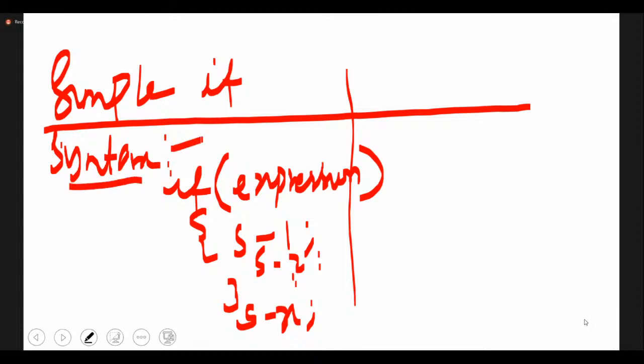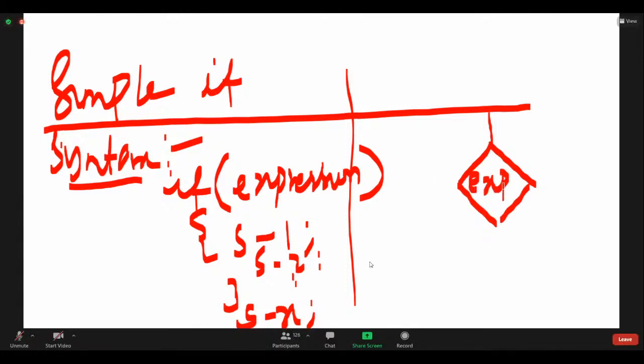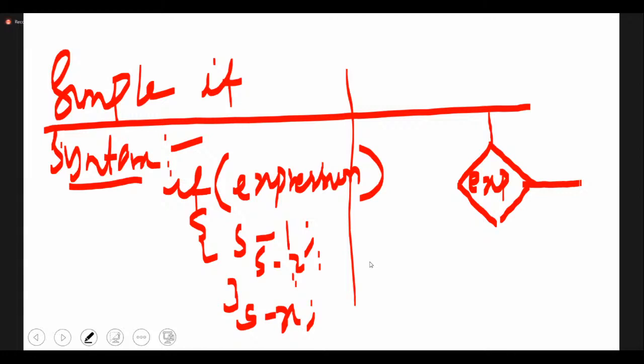Now if you have to draw the similar flowchart, as mentioned, for if you are going to use a rhombus, and here you'll write the expression. If you have only one block, then if this expression is true, you'll have that statement, whatever you are going to execute.